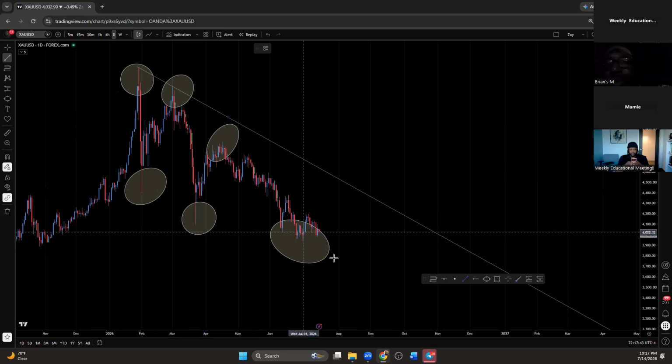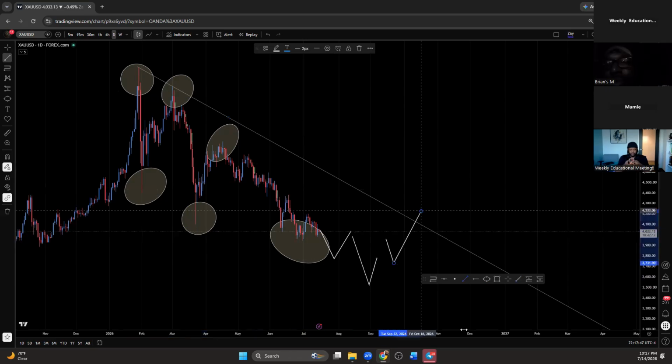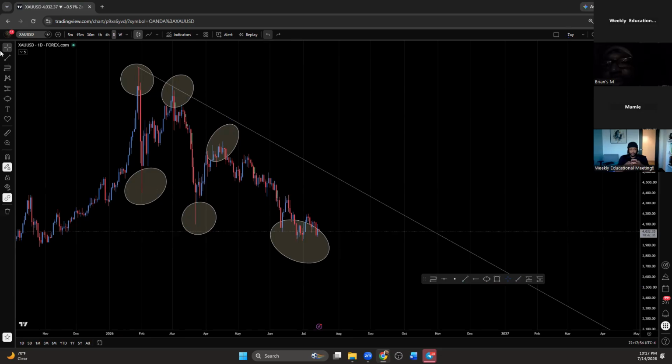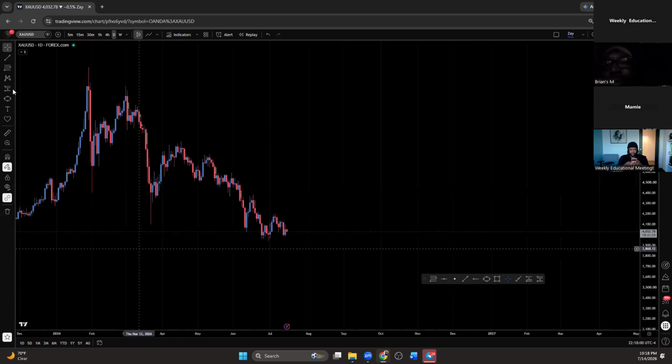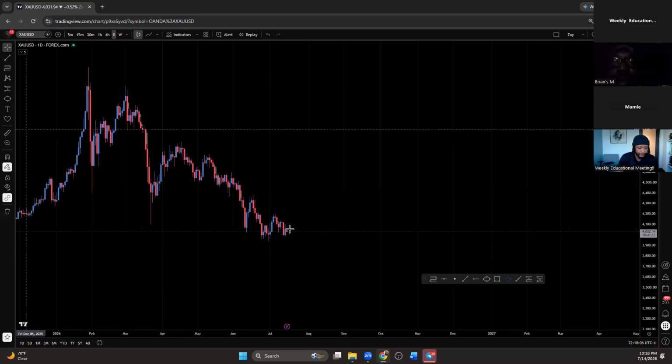You know what I'm saying? Market can do whatever it chooses to do, and then decide to touch that trend line and go down again. That doesn't mean that trend line is wrong, but I need to get as close as possible to market. So in order for me to even do that, and this is exactly what I like to do, and this is how I do it, I know that current market is right here.